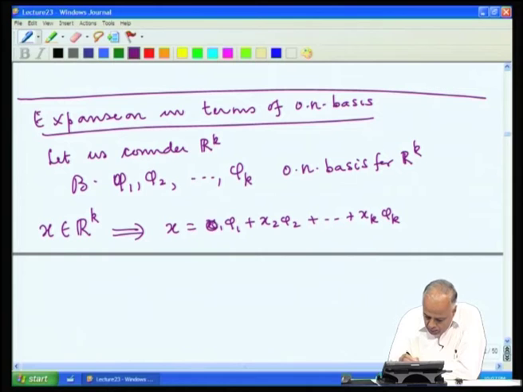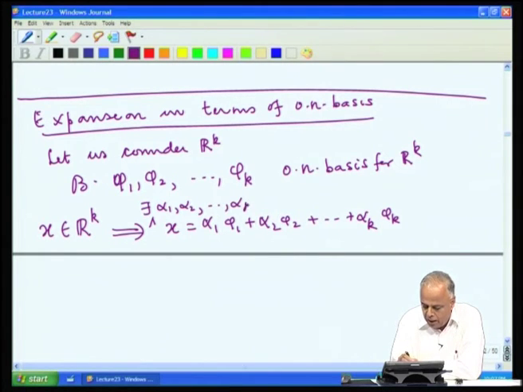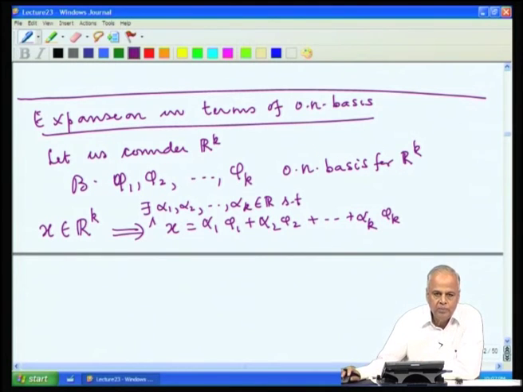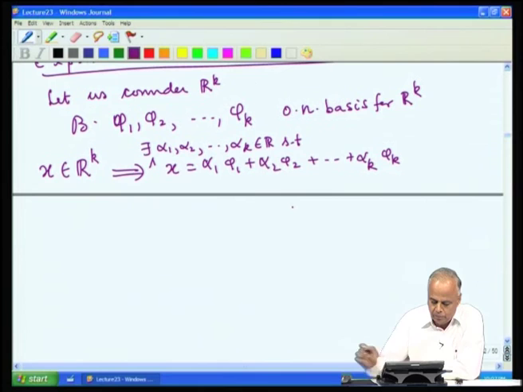What we do not know is what these x 1, x 2, x k are. So, let us call them alpha 1, alpha 2, alpha k. At the moment we do not know what they are. So, given a vector x in R k, all we can say is there exist numbers alpha 1, alpha 2, alpha k, all of them real, such that x can be written as a linear combination of the phi 1, phi 2, phi k with these alphas as the coefficients. Now,